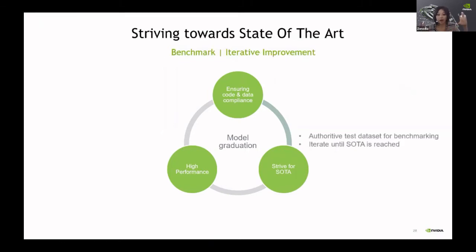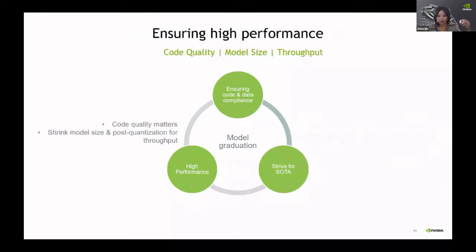So now let's say we have a list of data sets prioritized against the usage, and we are ready to train the model. When we want to train the model, we need to establish a baseline against a certain benchmark. So of course, again, we need to find an authoritative test data set for benchmarking that comes with a benchmark. An example of that would be the GLUE benchmark or SuperGLUE benchmark for checking the BERT embedding quality. Now, we will train the model against this kind of prioritized list of data sets, and we will add them